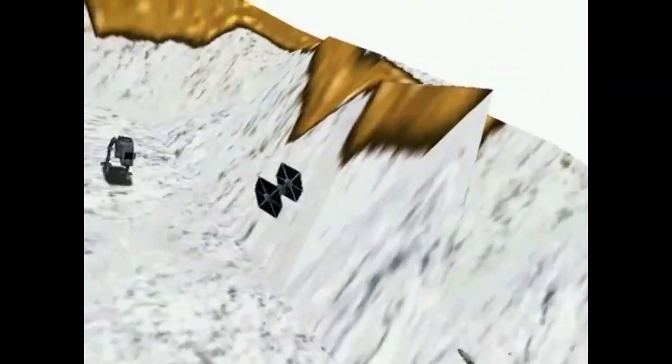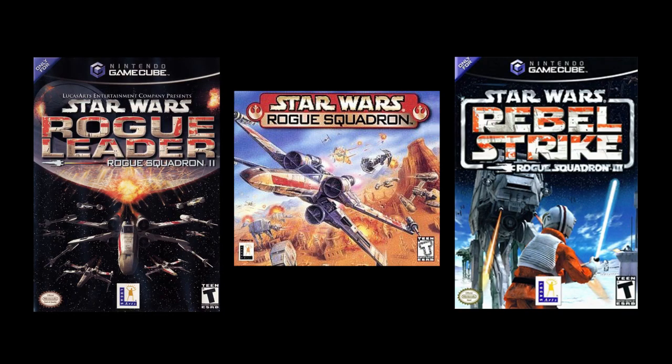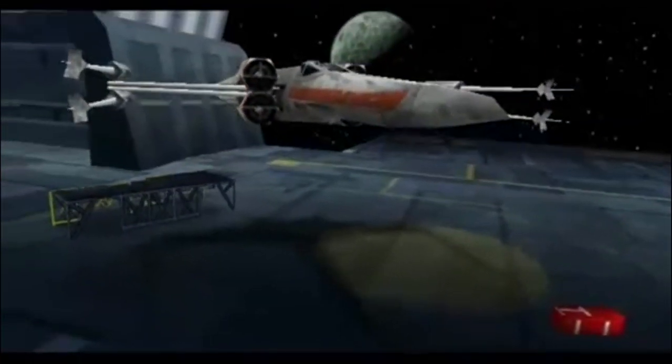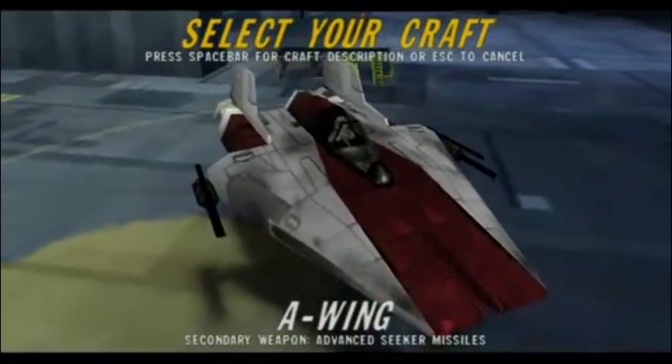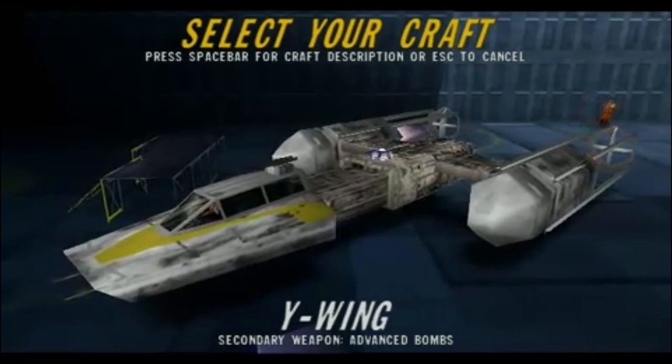The next thing for me in my childhood was Rogue Squadron. You've got 3 Rogue Squadron games. You got 1 for the Nintendo 64 and 2 for the GameCube. With these, you can really live the dream from the Star Wars movies. I mean, you've got all sorts of different fighters from the movie series. You've got your X-Wing, A-Wing, Y-Wing, and in some of the other games, for the GameCube, you could even fight